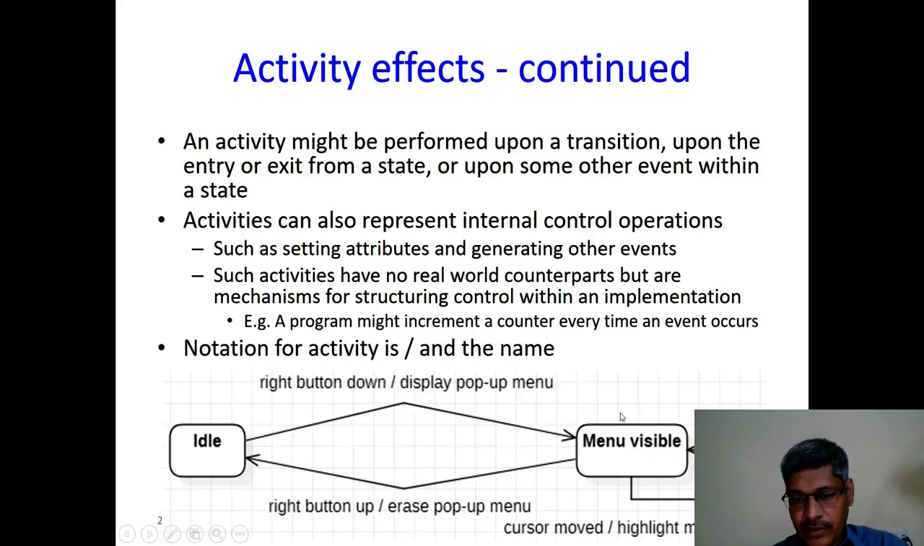Within the menu, when you are in this state, there can be several other events which are happening. Okay, say for example the cursor is moved. When we are moving the cursor, we are highlighting the menu item. So the right button is clicked, and then you are moving, holding it like that. Of course, when the right button is up, the pop-up is gone, and that's what is happening here. When an event occurs, so the right button is down or up, certain activity is